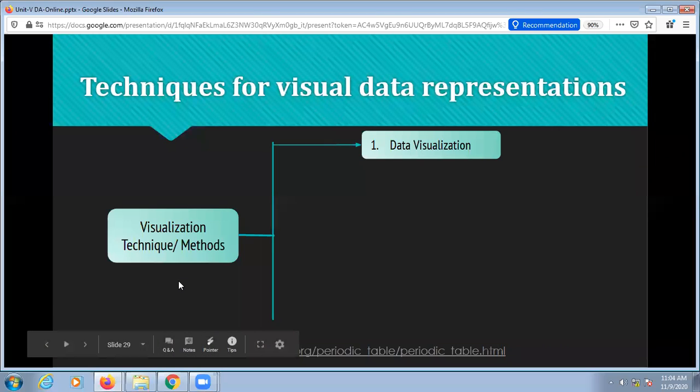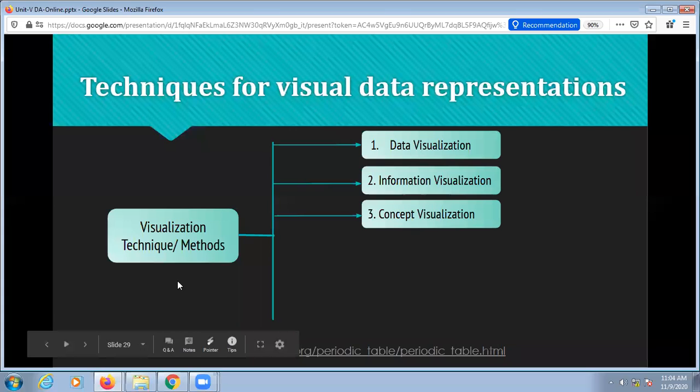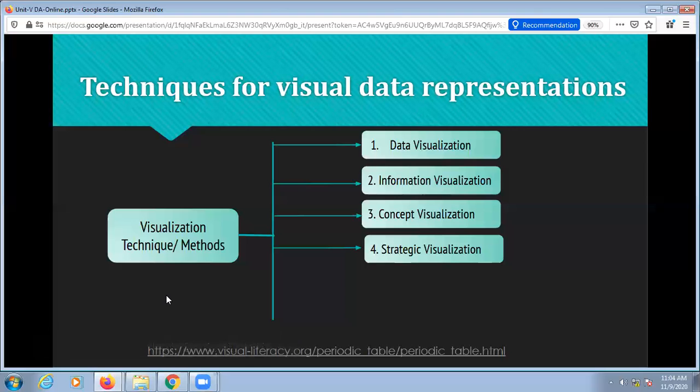Very first is data visualization: अगर आपके पास कुछ डेटा है तो डेटा को कैसे विजुअलाइज किया जाता है. Second, information visualization. Third is concept visualization. आपके दिमाग में कुछ कंसेप्ट है, कुछ आइडिया है और आप वांट टू रिप्रेजेंट योर कंसेप्ट और आइडिया in front of someone, so how to make a visual effect for that concept. Fourth is strategic visualization. If you have made some strategic planning, कुछ प्लान किया है, आपको लग रहा है कि सपोज